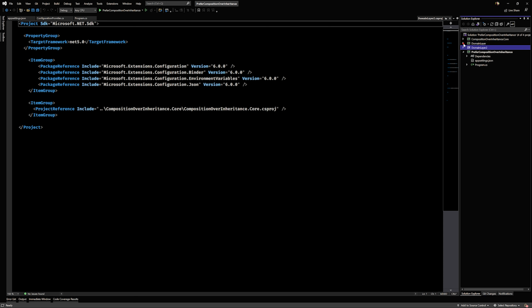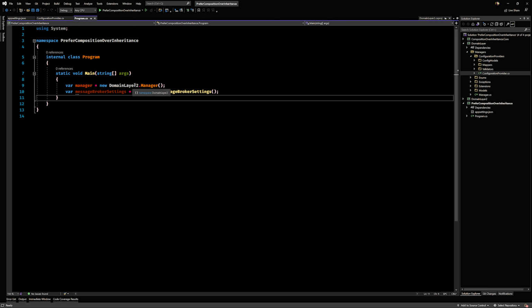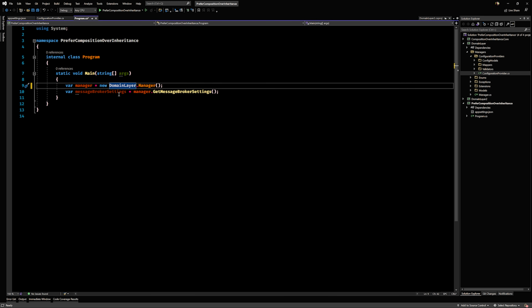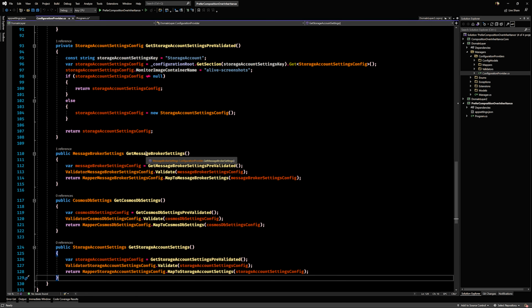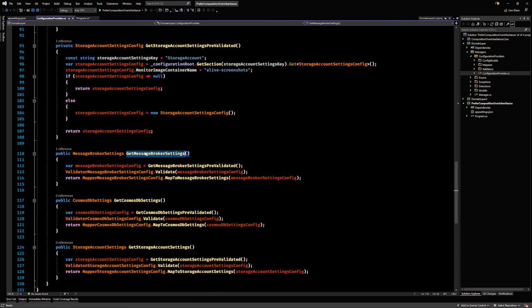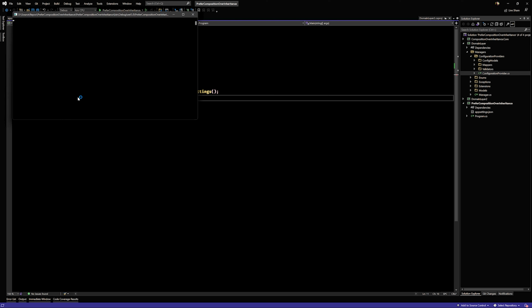Right? So if you look at the original, we have this config provider here that we just looked at. That's the config provider from the original, and it's all functioning. It works as expected. If you want to test it out, let's do that. So in my program CS, I get an instance of a manager. I don't need to know the internals, but the manager has a method that says get message broker settings, which internally calls this config provider's get message broker settings that returns that. Okay. So if you run it, you would see that the code retrieves the settings from the config file and displays it over here.